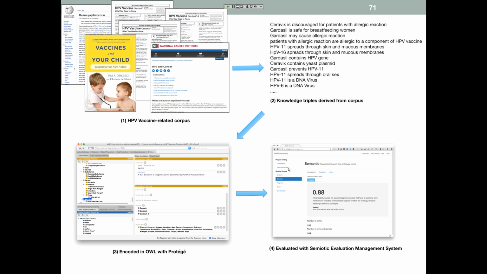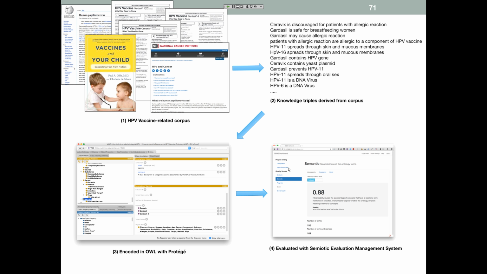And after we developed VISO, we also want to expand the ontology to cover more vaccines, and we found that the HPV vaccine is of particular interest because it's a vaccine that has a lot of discussions, and instead of for babies, it's actually for teenagers. So we also want to deal with both parents and the patient.